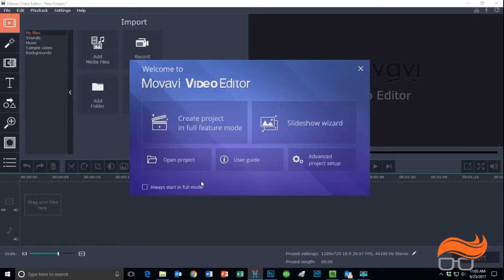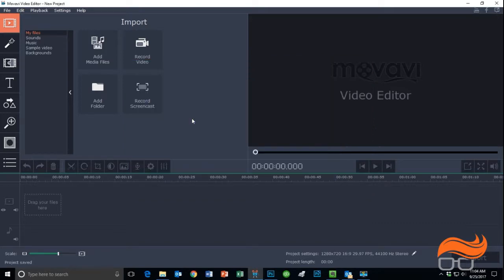Files. I use Dropbox a lot for getting information from my phones or camera into the computer. I've just found that having my files in the cloud just doesn't perform as well. So I usually move them from Dropbox onto my desktop, and you'll see how that folder is also pretty handy. But here's our opening screen in Movavi, and we're just going to go ahead and click on this Create